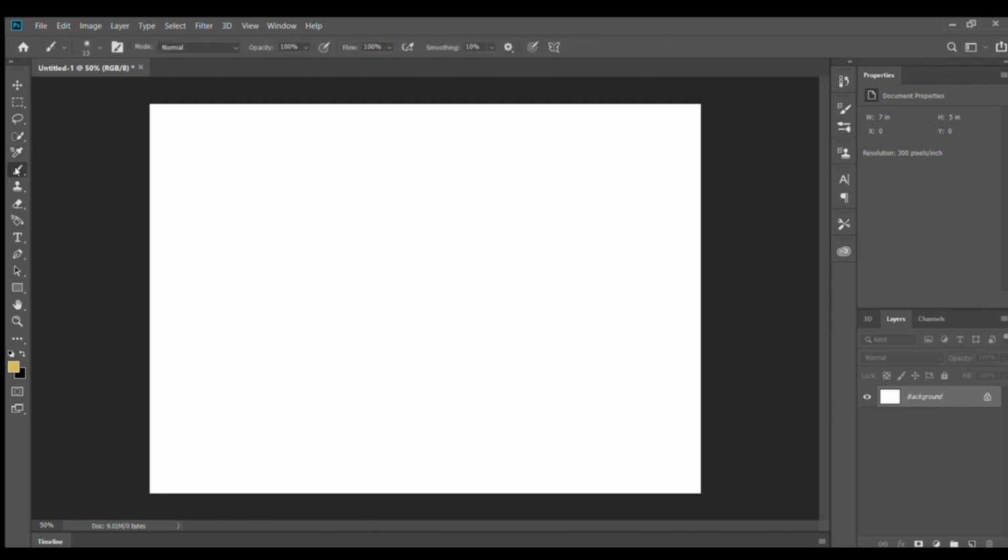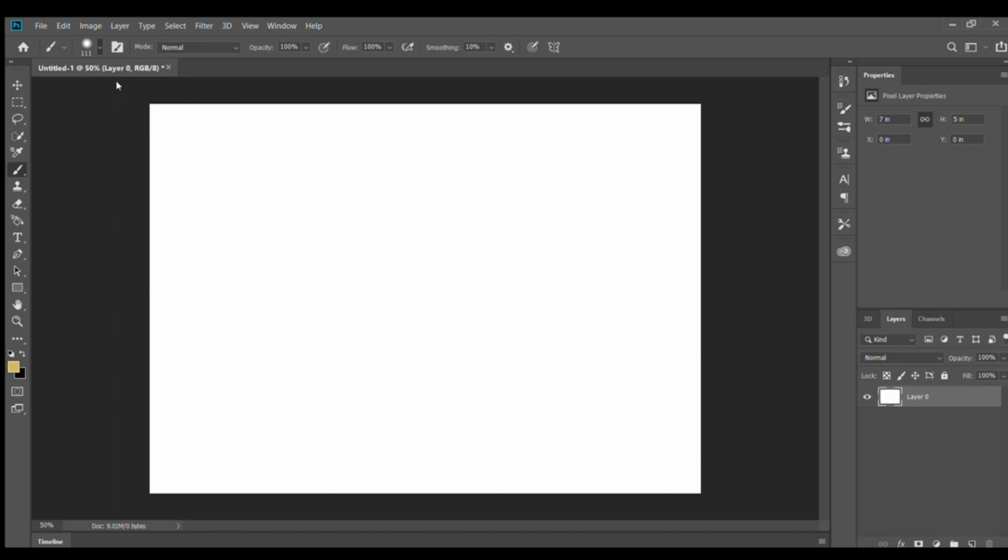So first of all, I am going to select the brush tool, right click from the mouse and then select the brush tool. Here I am going to unlock this layer. After that, here you can see, as I told you, this is the size of the brush. You can increase the size of the brush and also increase and decrease the hardness. Here are some predefined brushes, so you can select from here also.